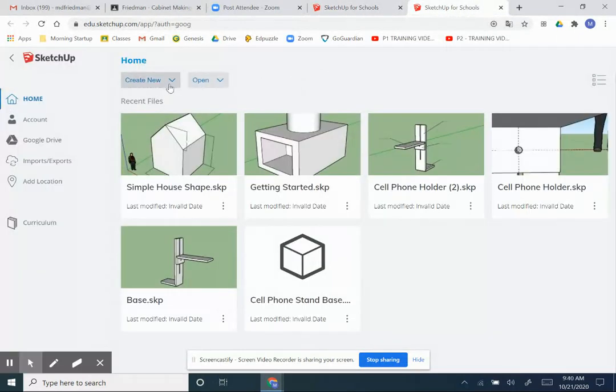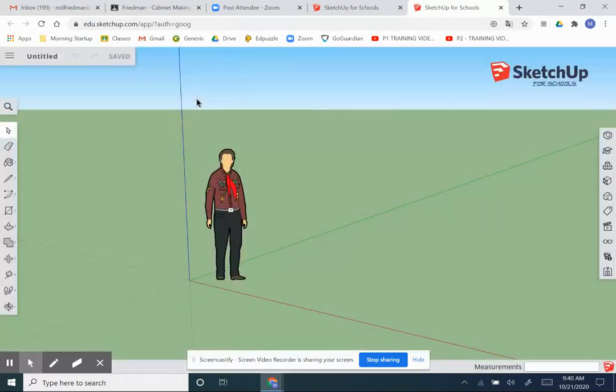So I'm going to walk you through creating a file and drawing that one part. So I'm going to create a new file. I'm going to go to Simple Template and I'm going to click Feet and Inches. So now that we are